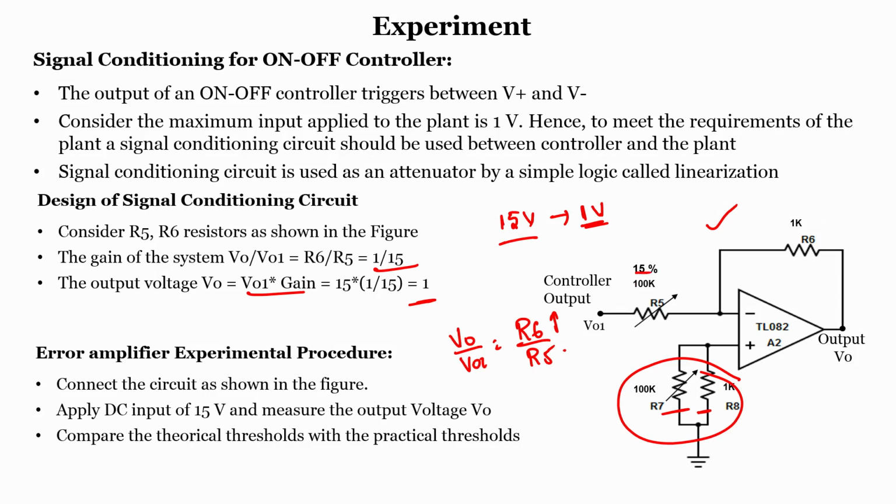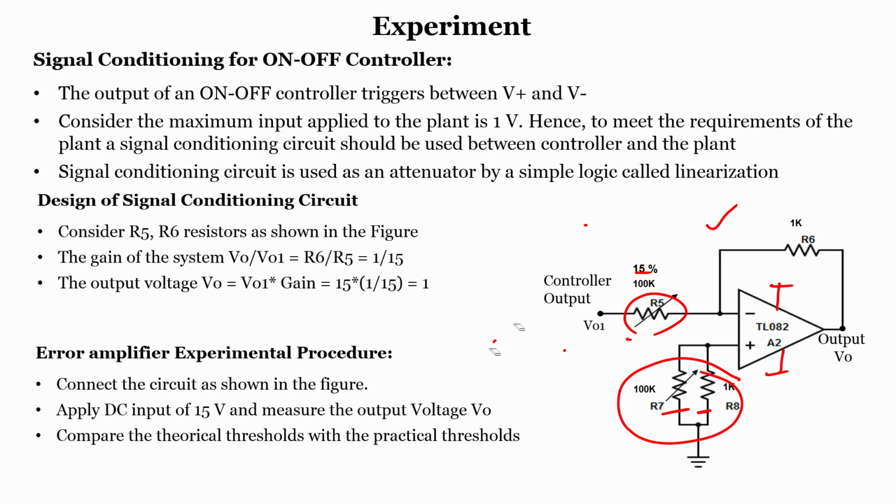So, even if I want to increase or decrease, by using this we can do, or you can replace this with simply 15. So, why have we used a pot? Because even if the plus VCC and minus VCC change, the same circuit should be used to generate the required output voltage. That is the reason: by simply using a pot, even if the input voltages change, by tuning the R5 resistance value, we can achieve the required output voltage. So, that is the requirement of a signal conditioning circuit in this case.